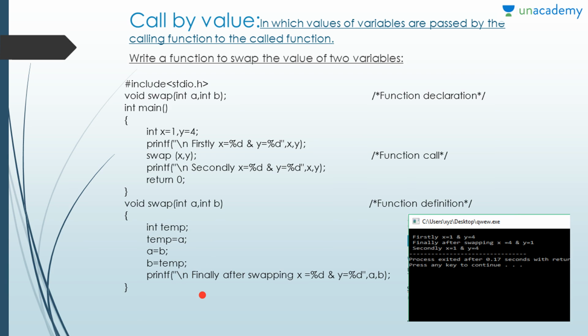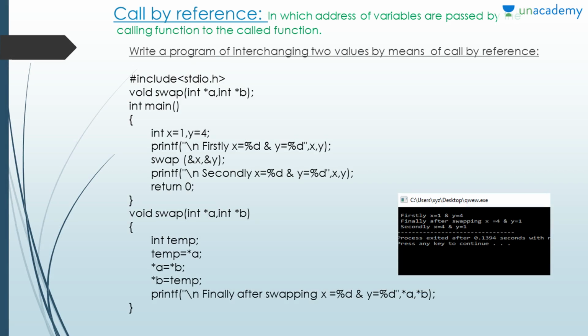So printf, finally after swapping, x equal to %d and y equal to %d, right? Yeah, so if you have any queries and doubts regarding this, please let me know at my Facebook page so that I can clear it. Okay, so as you try here, this will be the output that the compiler will show to you. Okay, so I hope you got it, and without wasting much time, let's move ahead and see what actually call